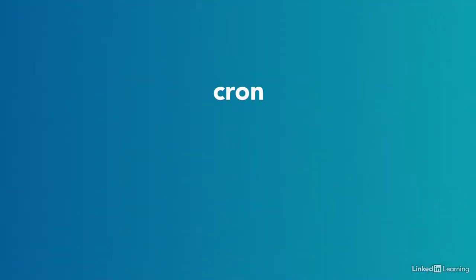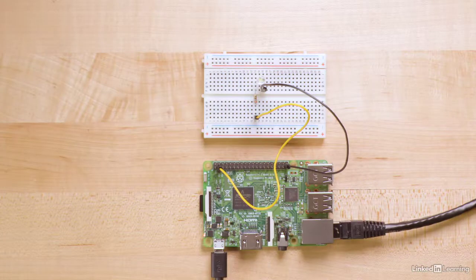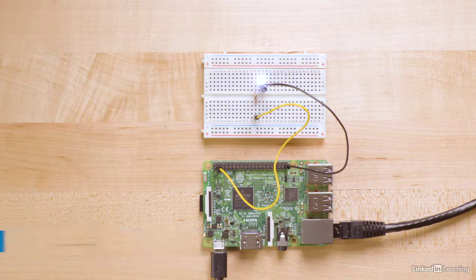Cron requires two things: an application to run and instructions for when to run it. For our demonstration, I've created a Python program that blinks an LED 5 times. Instructions for this very simple project are in the handout. You'll find the program in the exercise files as